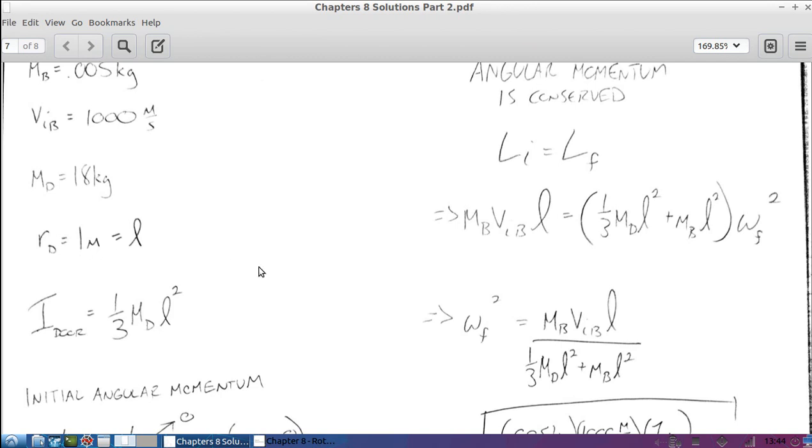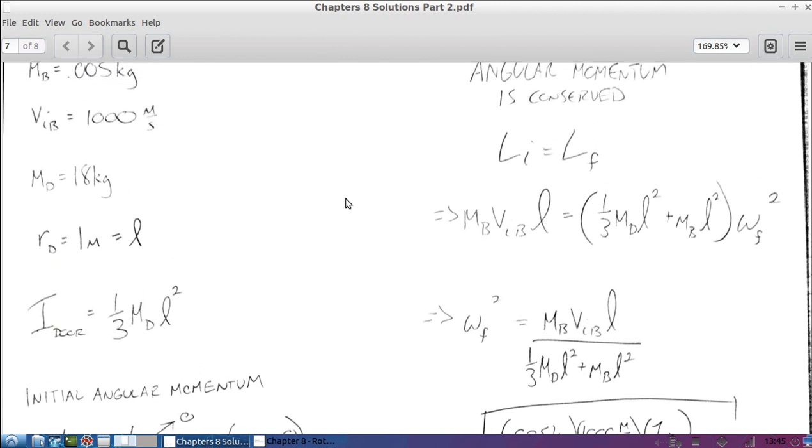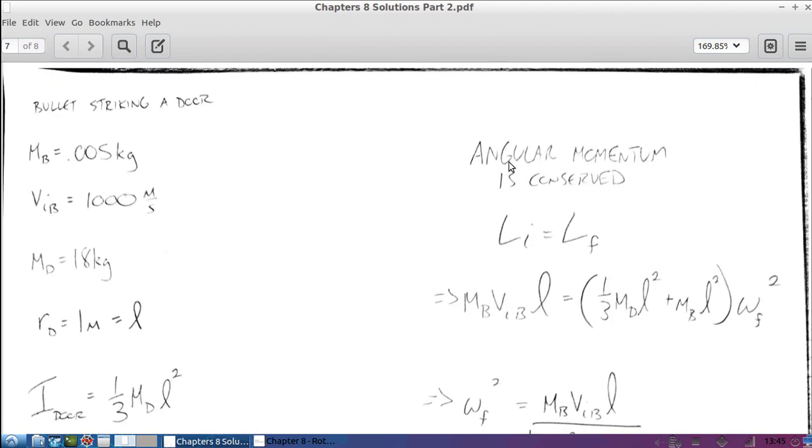So I have the door, which is modeled as a solid rod rotating from the end. I go back to my moment of inertia formula slide, and I see that the moment of inertia for the door is 1/3 its mass times its length, L squared. Okay, it's 1 meter. So the initial angular momentum of the system, I am going to use conservation of angular